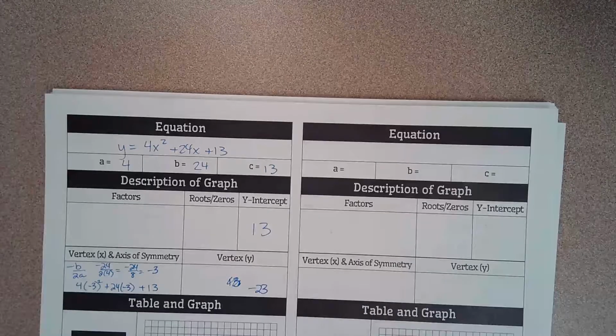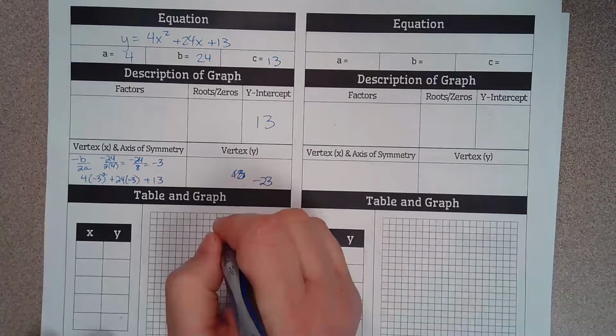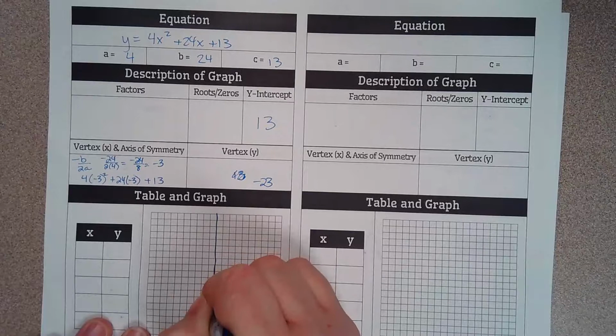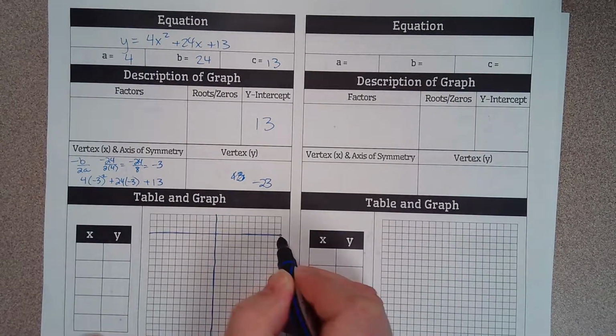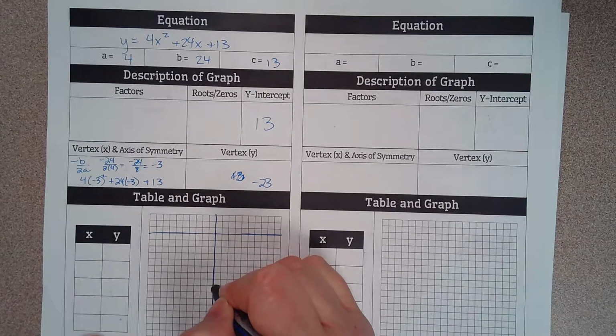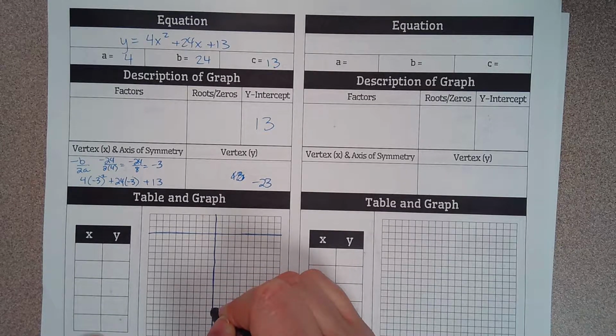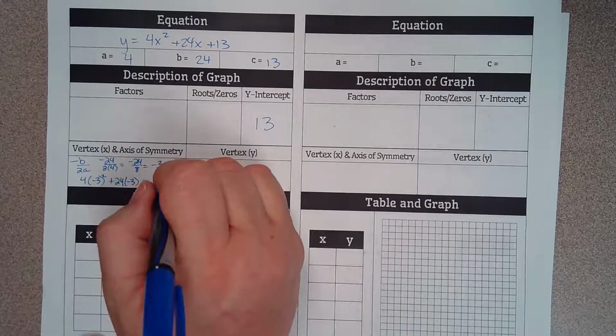So this one is kind of ugly in the fact of how it behaves. So when we graph it, I don't obviously have enough, so we will do it by multiples of 2. So 2, 4, 6, 8, 10, 12, 14, 16, 18, 20, 22, 23 is right there, and it's 23 and negative 3. So we'll keep these 1 to 1. So we're right here. So now that we have our vertex, which is this guy here and this guy here,